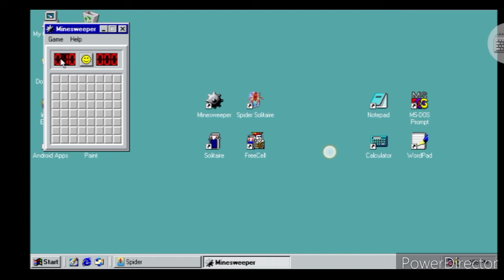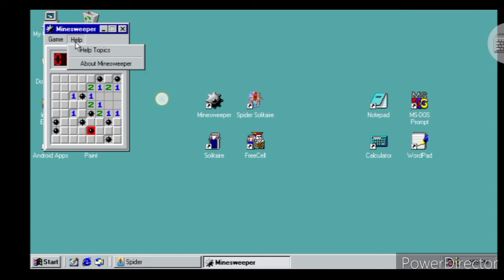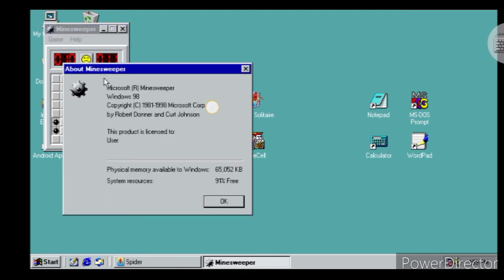This is a game. I don't have knowledge to play this game. To gain the knowledge, there is a help button for you. Help topics about Minesweeper, Windows 98 copyright.